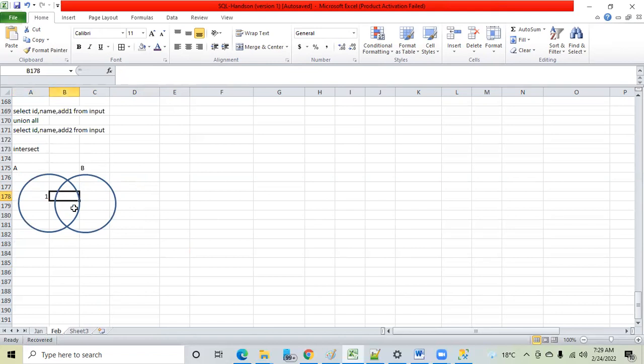This one is 2. This area is 3. If I tell you, tell me the output of A intersect B. Which area will come, 1, 2, or 3? 2, right? Hope this is clear. Intersect means we are talking about the area or data which is present in both the tables. Hope this is clear to everyone.